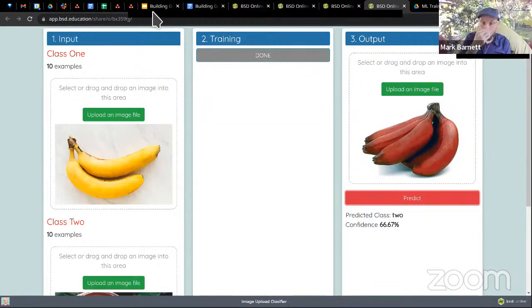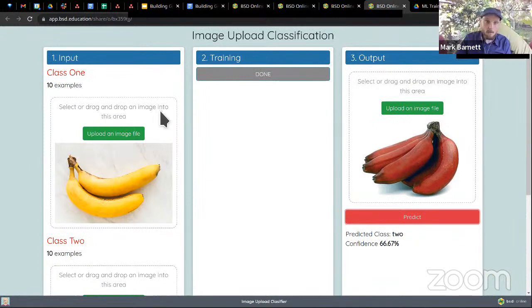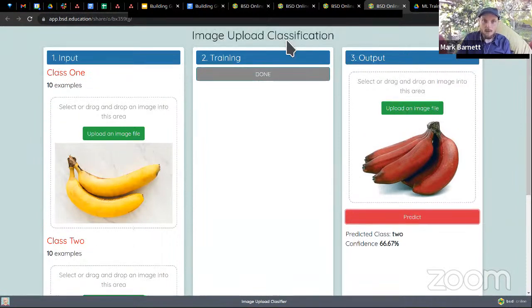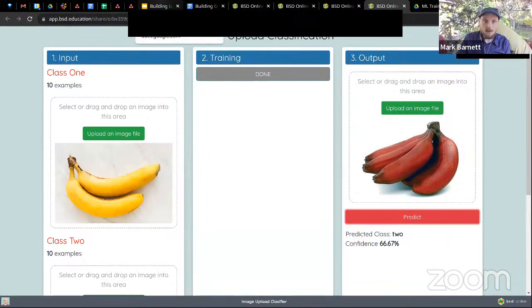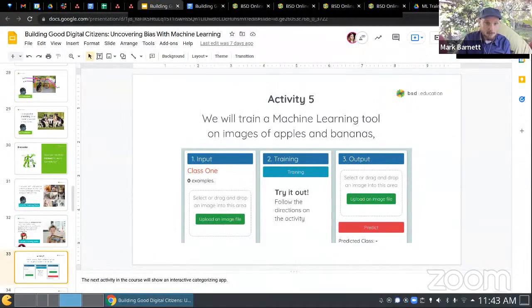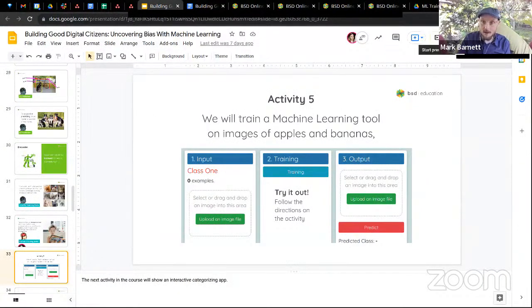But this tool is free for you to use, and it's very user-friendly. There's no coding involved, but it can only identify 2 things. So think about it as a baby machine learning tool. It doesn't know anything until you teach it some things, and it can only learn 2 things at a time. So it is really cool to use and interesting. But I want to make sure I get through the rest of this presentation. I still have a few more things to uncover and unpack. So please hang in there with me.